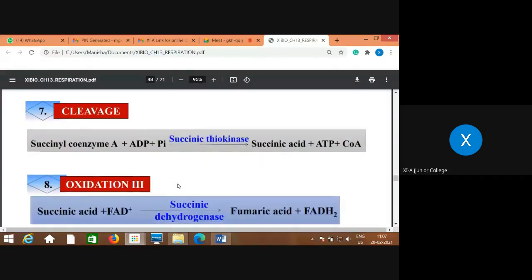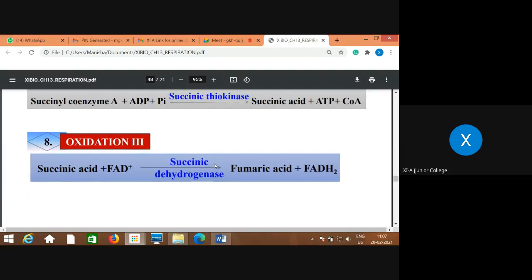Then the next is what? Here succinyl coenzyme A is phosphorylated, that is first GTP is produced from GDP plus IP, but immediately that gets converted into ATP. So that's why directly here ATP is shown, because that doesn't remain in the GTP form, whereas it gets converted immediately into ATP form. And here again this coenzyme is released out. So that is what? Formation of succinic acid from succinyl coenzyme A. Coenzyme is released again.